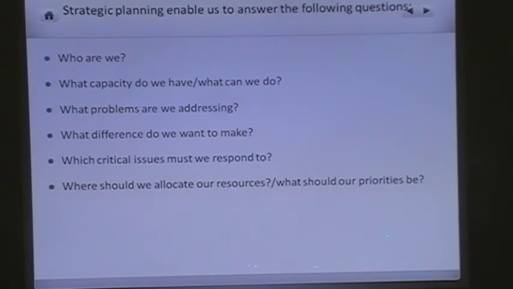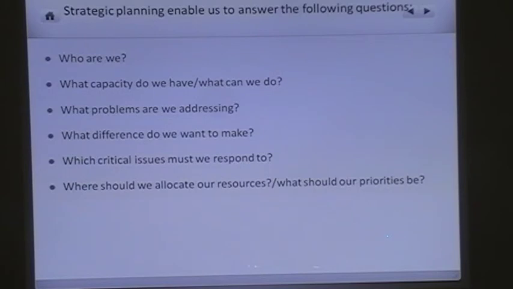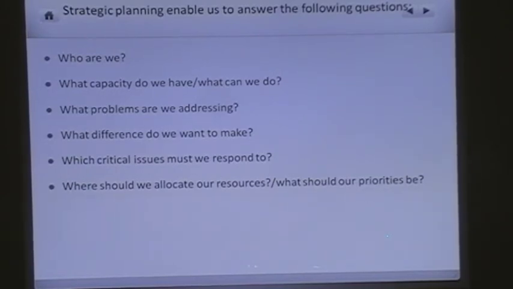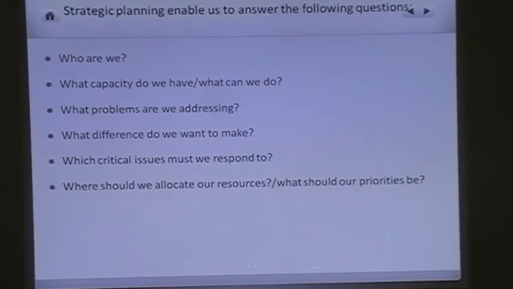Today that company, when it looks at getting into a strategic planning mode, will look at key things like, who are we? We are a coffee brewer. What capacity do we have? In terms of how many cups of coffee can we serve on a daily basis across the globe from our 24,000 outlets? What problems are we addressing? Are we able to address problems in terms of supply chain, delivery, and logistics? Those are the things that they look at when they look at procurement and supply of drinks at a global scale